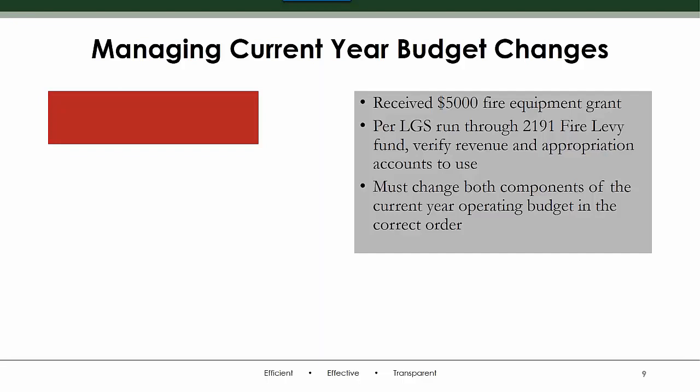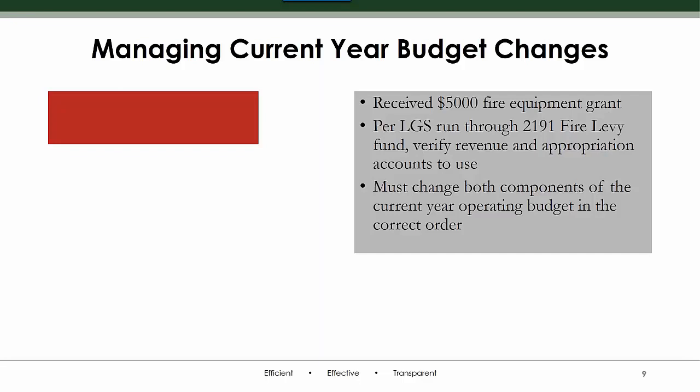3 months ago, you got a grant and you have not posted the receipt. And you haven't even called local government services to find out what fund, revenue, and appropriation account to use. You have to stay in front of these things rather than behind. I know that the pandemic has made things a whole lot harder to stay in front of. Those of you that have ARP grants, you're running around with your hair on fire all the time, but you need to stay in front of these things to lower the stress level.